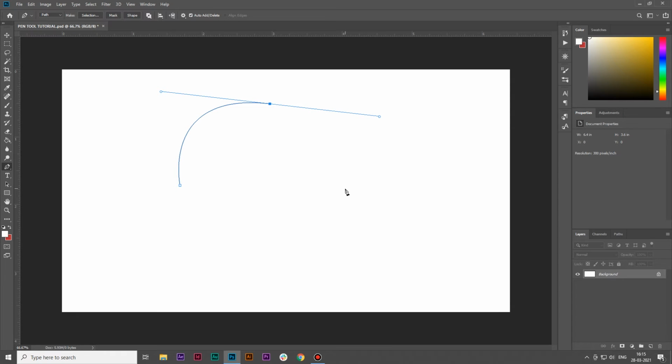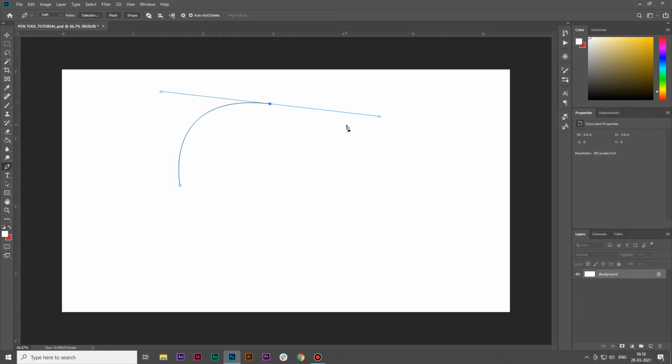Now as you can see, when you make another path, this path is influenced by the previous path. For example, if you try to create a straight line while pressing Shift, you can't create a straight line, it's bending. So what if we want to create another path freely?